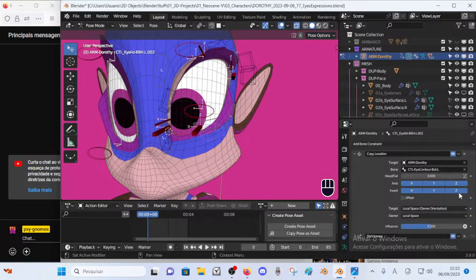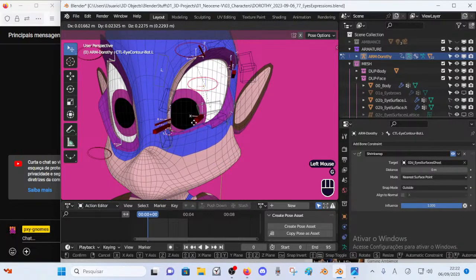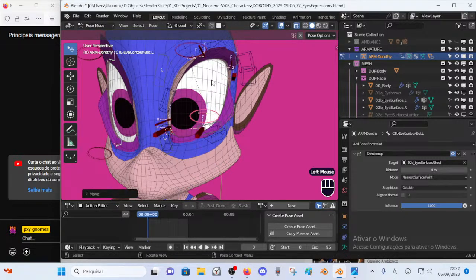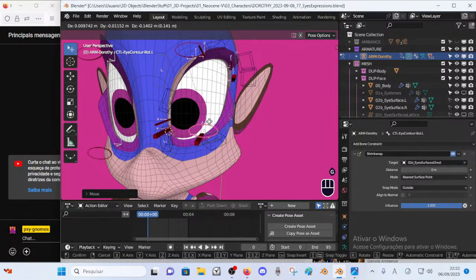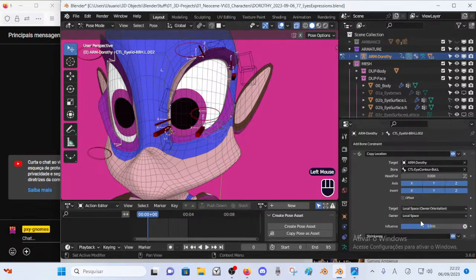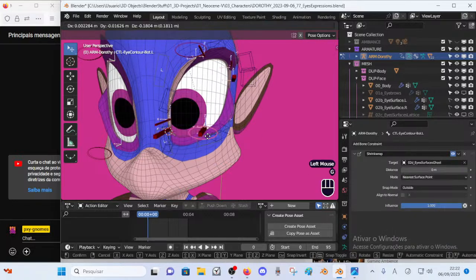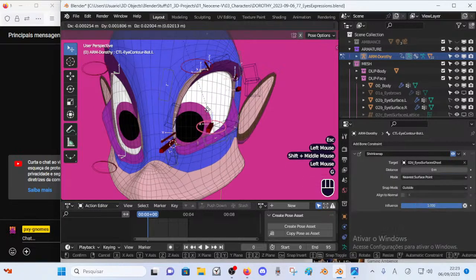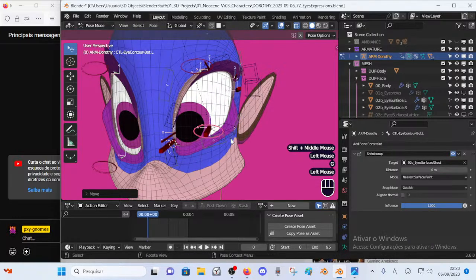It will be like 50% of copying location. So it lags behind. And so instead of going 100%, it copies just 50%. And so this is a way to have it lagging behind, even though it is parented.